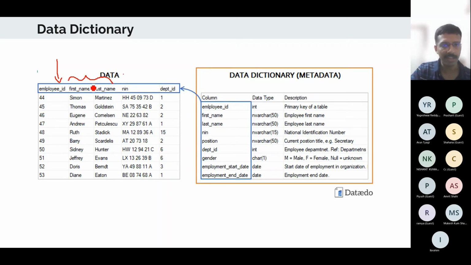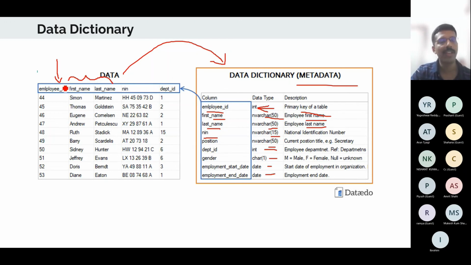The data dictionary, or the metadata, for this data will have records like employee ID, first name, last name, identification number, etc. And the type of each of these: integer, variable characters, 50, 50, 15, integer type, character type, date, and the description like primary key, employee, first name, last name.